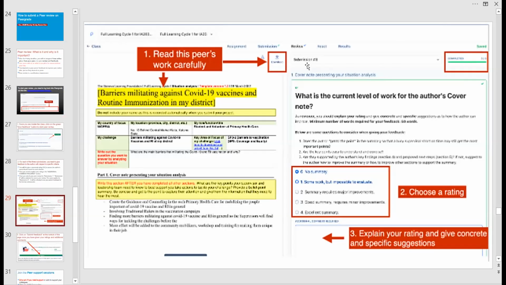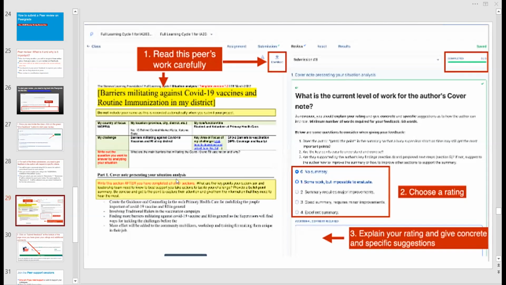You have received 3 submissions, but the first one will be submission 1, and submission 2 and 3 will only open after you have submitted the feedback for submission 1 for the peer's first action plan. And we are going to do this practically tomorrow. So you see here, you choose a rating and you explain your rating by giving concrete and specific suggestions on how the peer is going to improve upon their work.